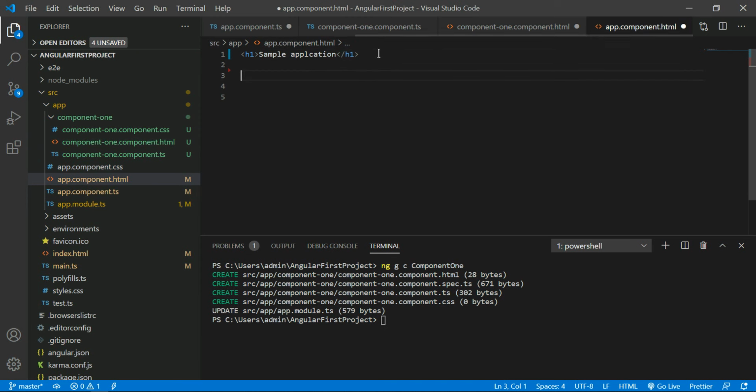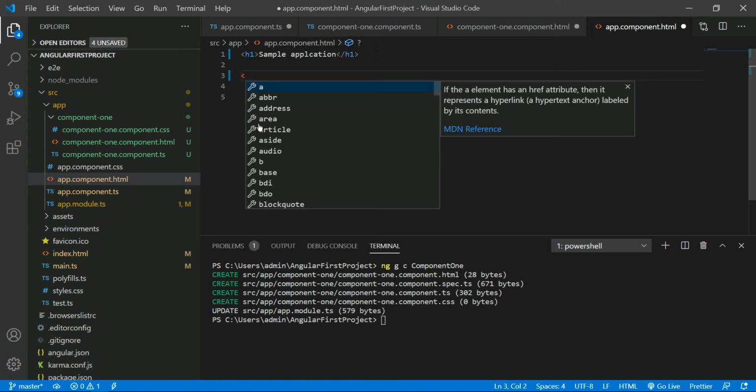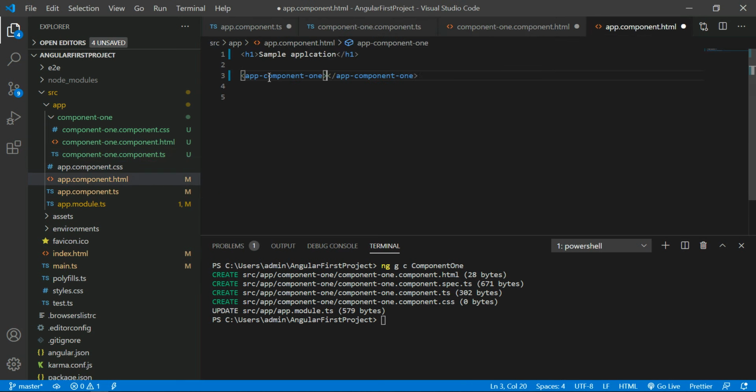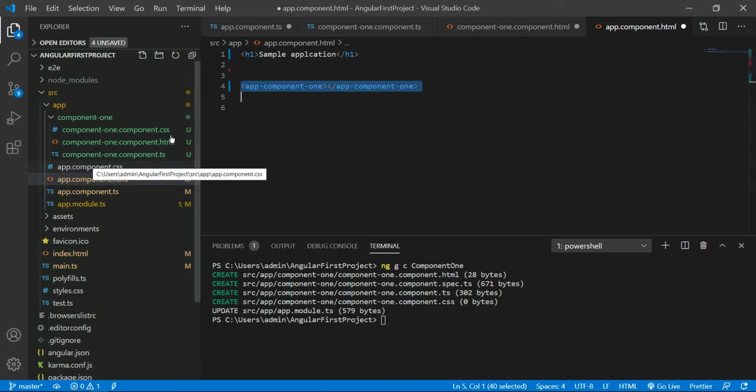So if you give this app-component1 selector in the app.component.html, this selector contains the logic of component1. Once you declare this component like this, whatever the content of this component is automatically attached into the app component.